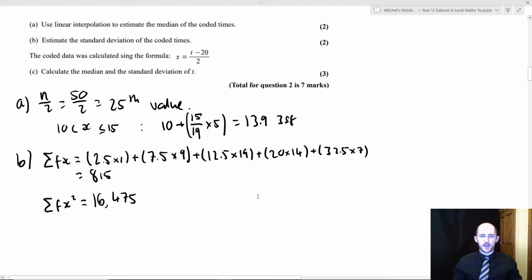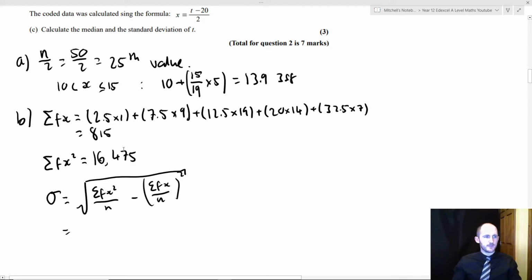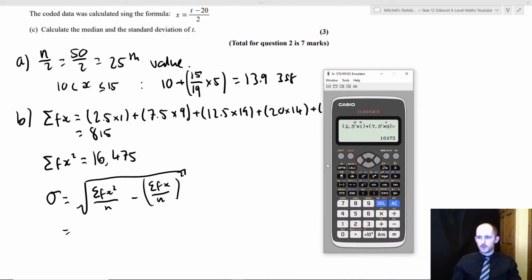Okay, and then again we've used the standard deviation formula, but I'll write it out one more time for you guys. So sum of f of x squared over n minus sum of fx over n squared. So if we sub that in now, we get square root. The answer button is going to be what that is. N is 50